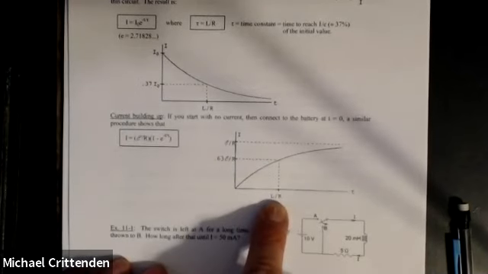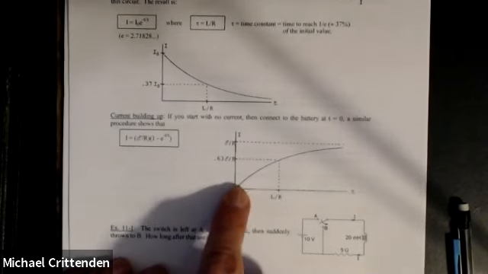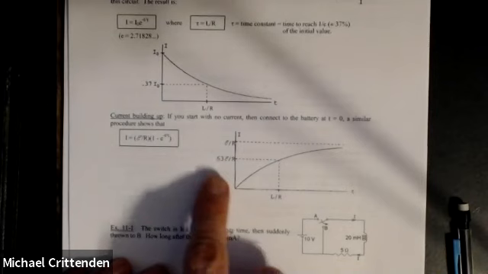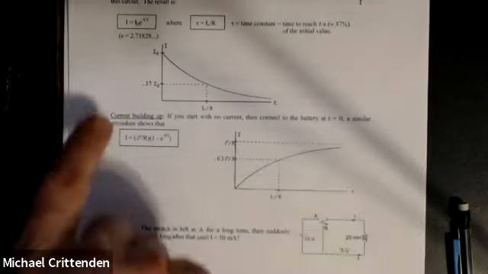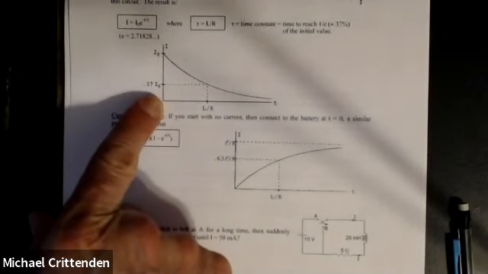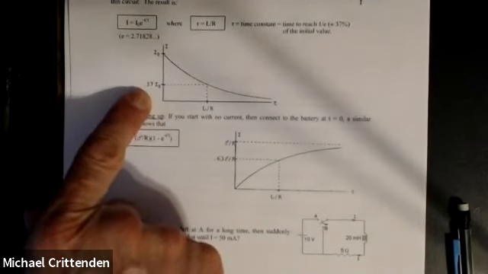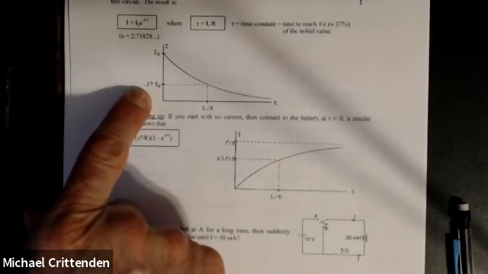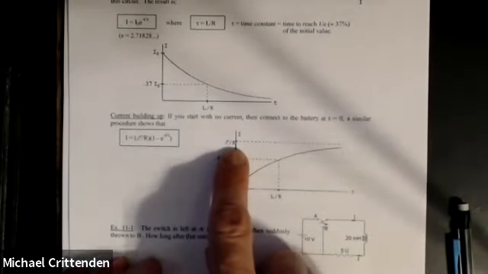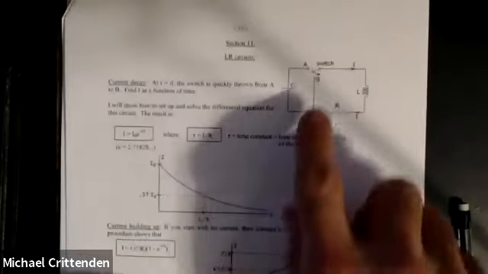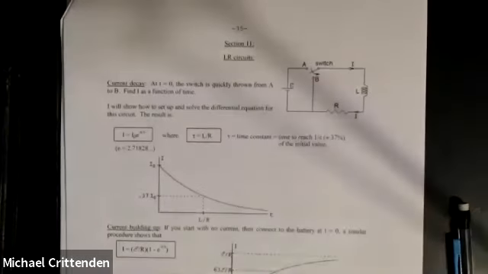So same time constant, L over R, and it means the same thing, which is how much time to get 63% of the way from where you started to where you're ending up. Here it's 63% of the way down, which is to say 37% of the way still to go. Over here, it's 63% of the way up. The final current, if you leave the switch at A for a long time, like, go have dinner and then come back and see how it's doing,